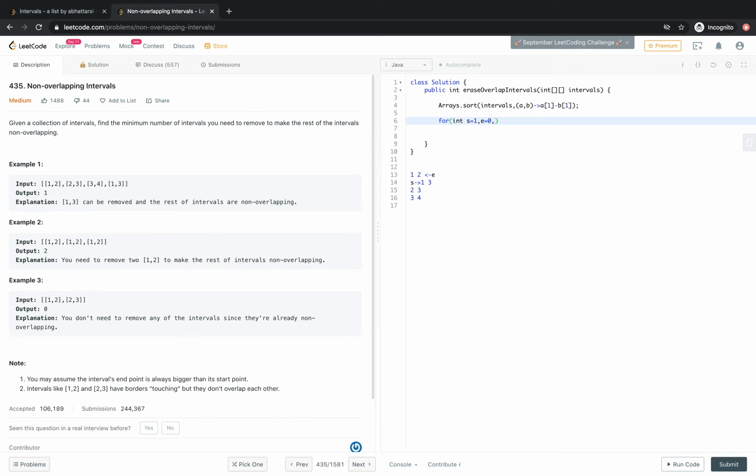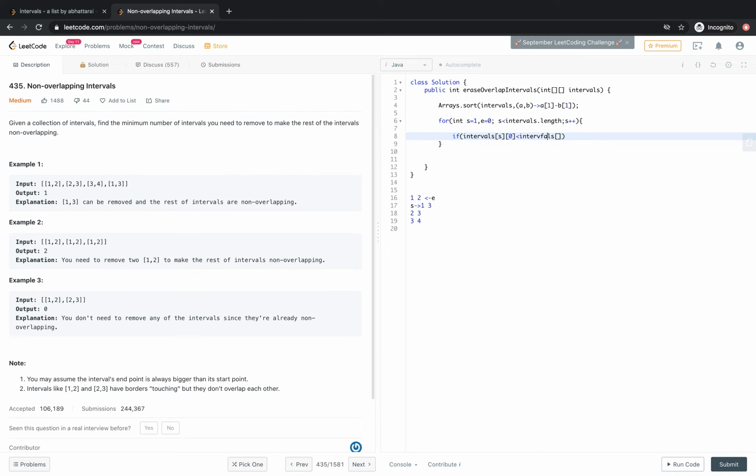So for start less than intervals.length, start plus plus, what we'll do is, if this intervals at start 0, right, if this is less than the previous end, right, which is 2,